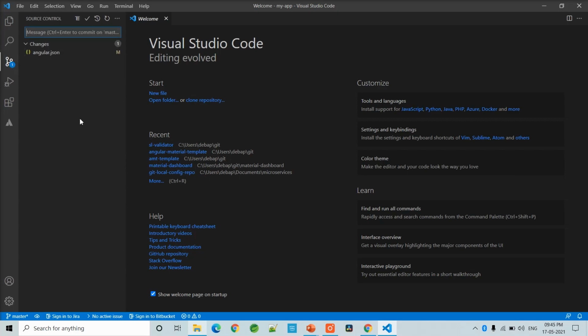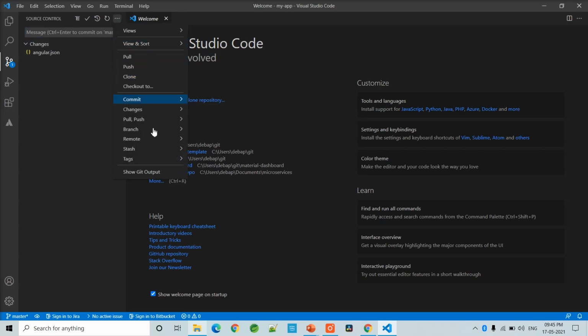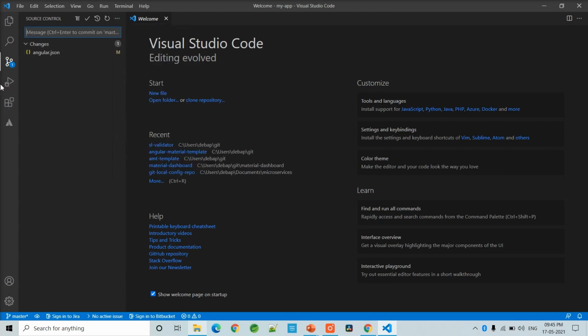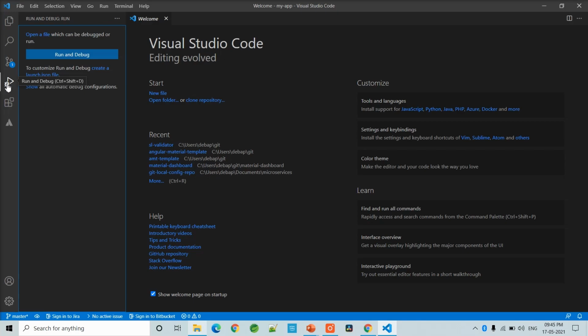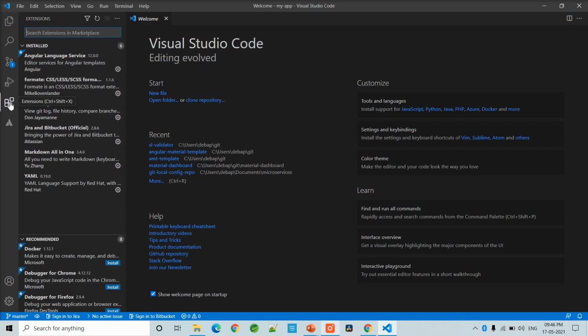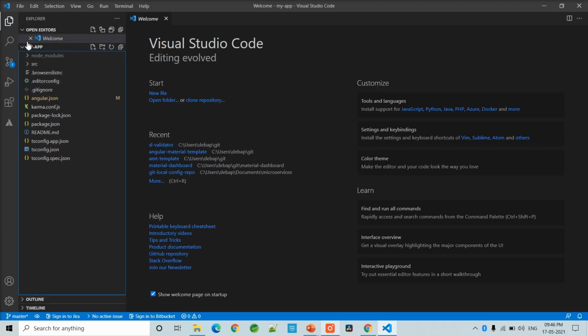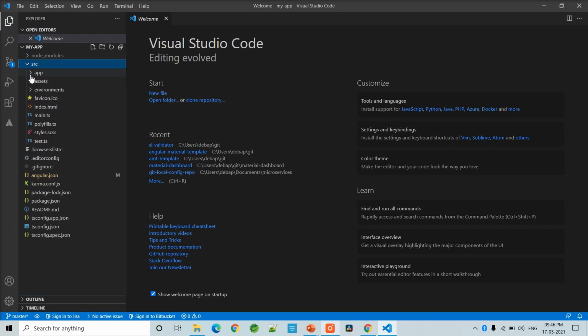This button here is for version maintenance. It provides you a GUI for Git repositories, with the common functionality of Git, like pull, push, commit, etc. The next one is a debugging tool. We will not use it for now. This is the extensions tab, through which we can download extensions or plugins, which greatly enhance the capability and features of our IDE. Let me go to the Explorer view again and open one file.